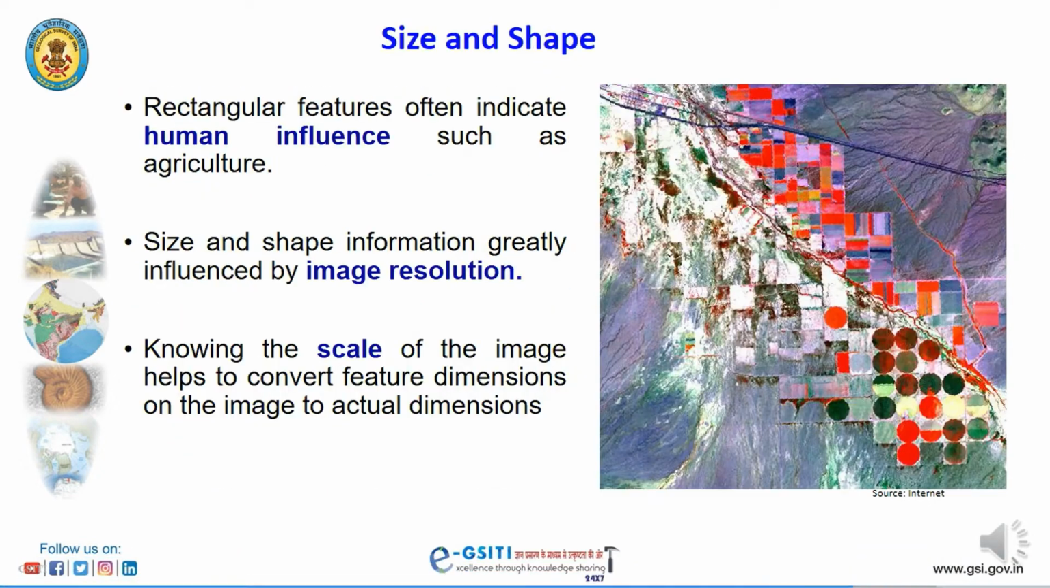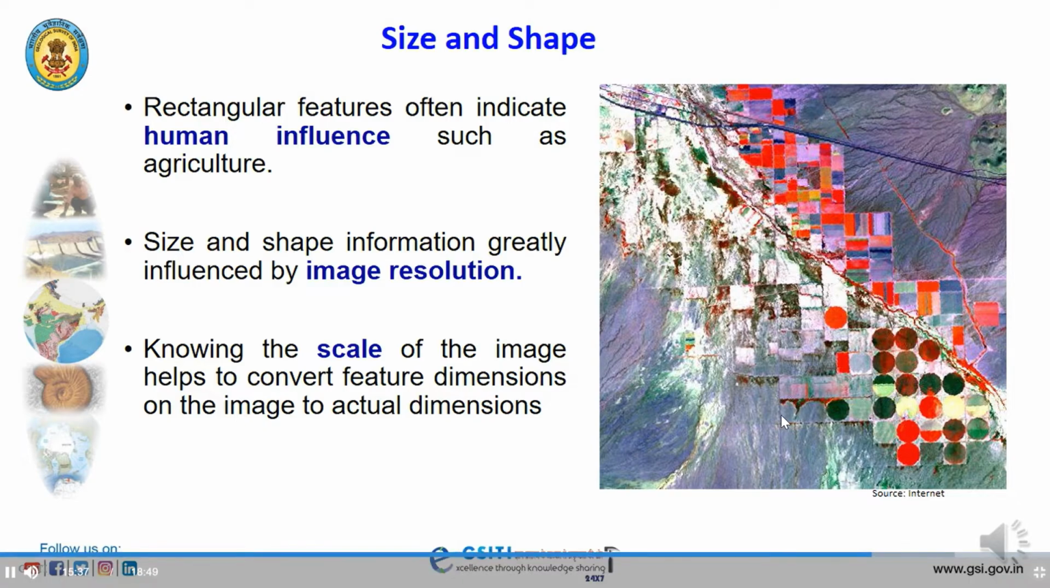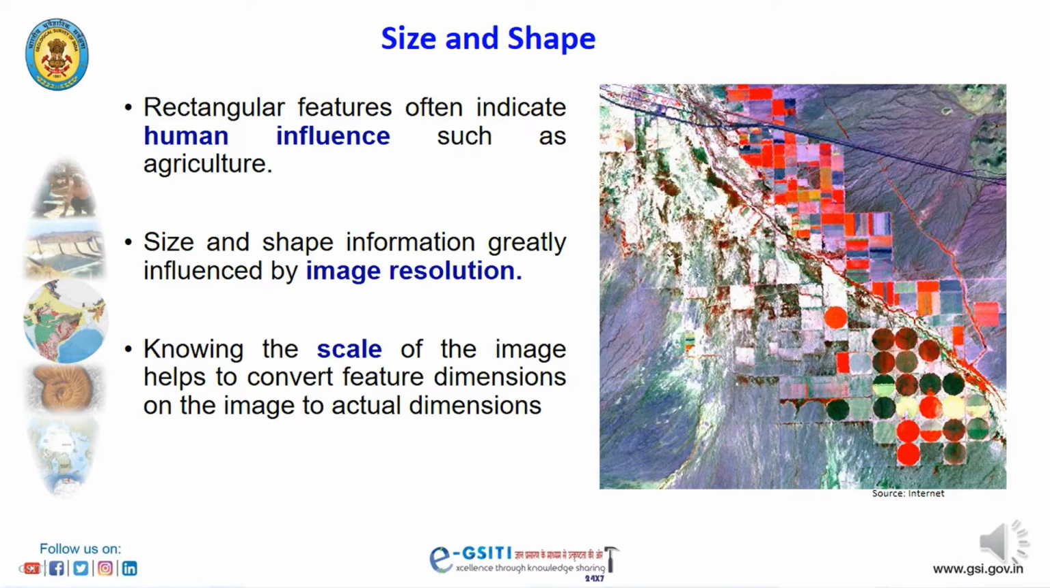Relation between size and shape. Rectangular features often indicate human influence, such as agricultural patterns or different plots. Size and shape information is greatly influenced by image resolution. If we have very high resolution data, we can easily identify the size, shape, and dimension of a feature from the data. Knowing the scale of the image helps to convert feature dimensions on the image into